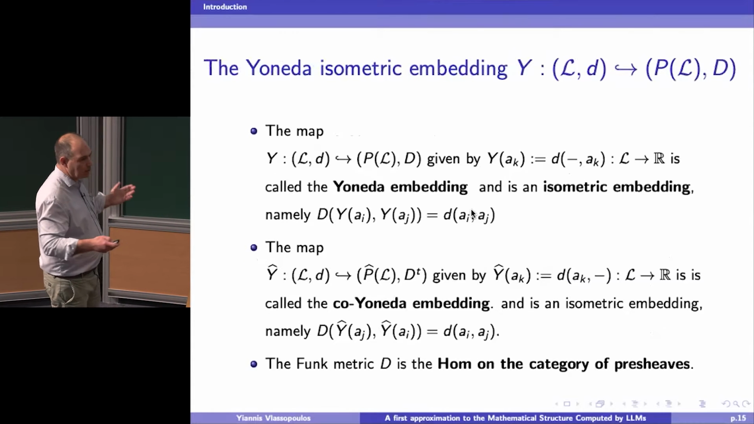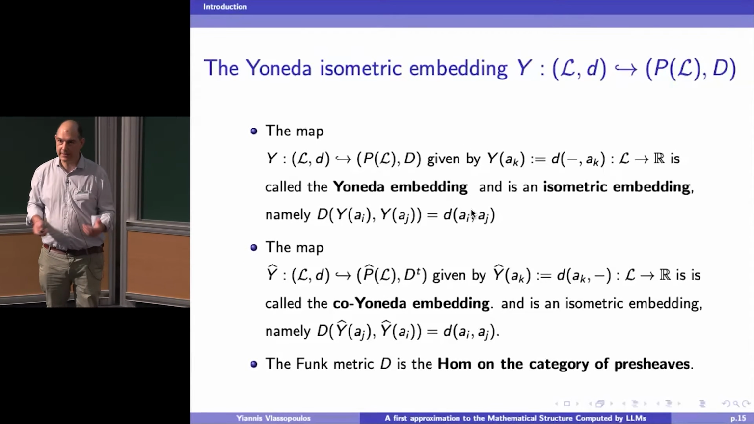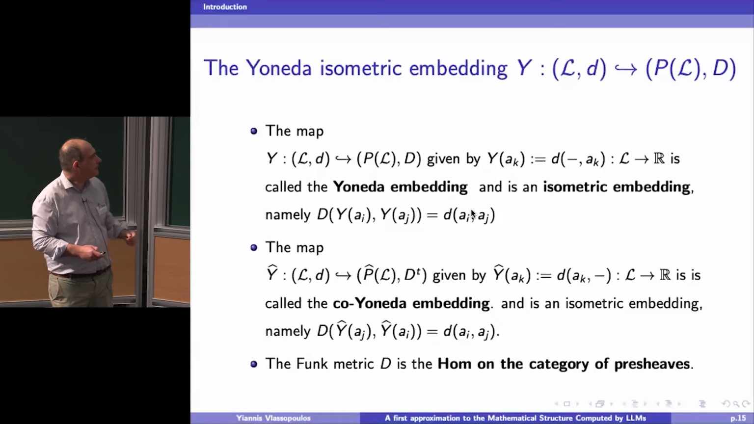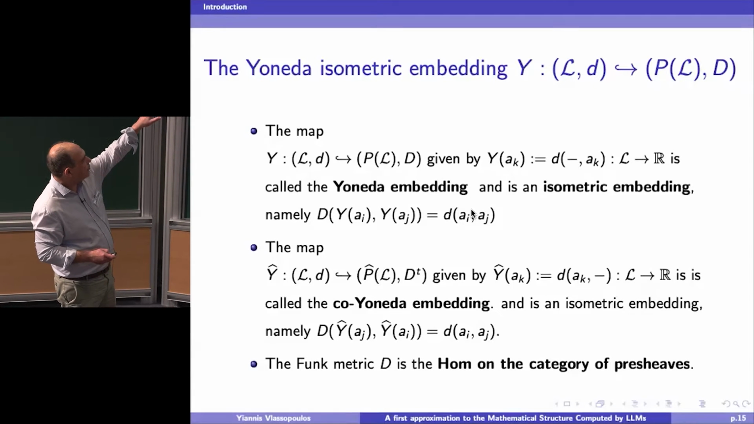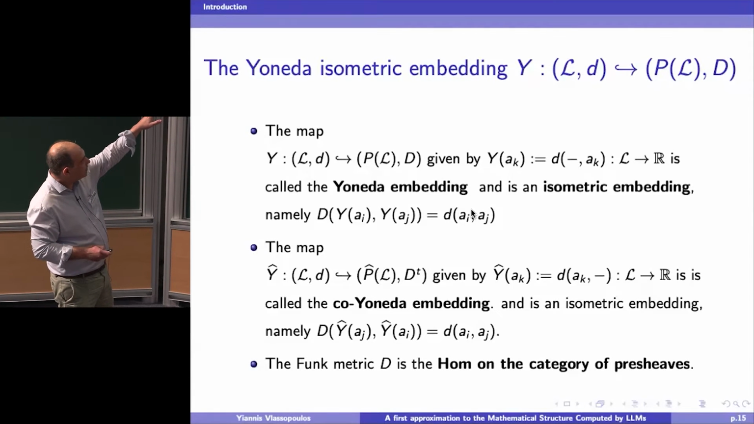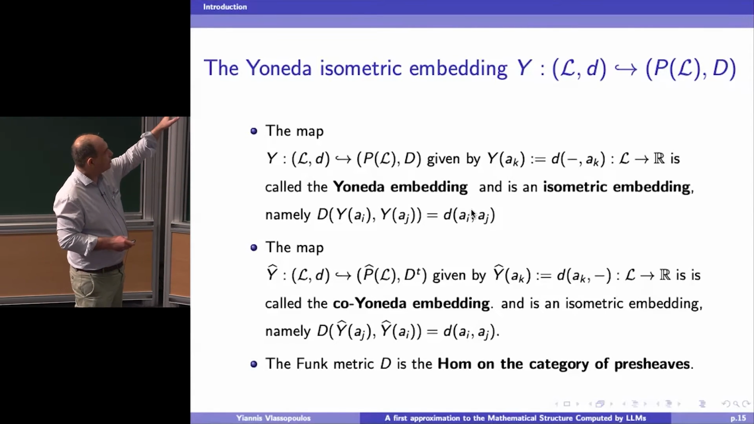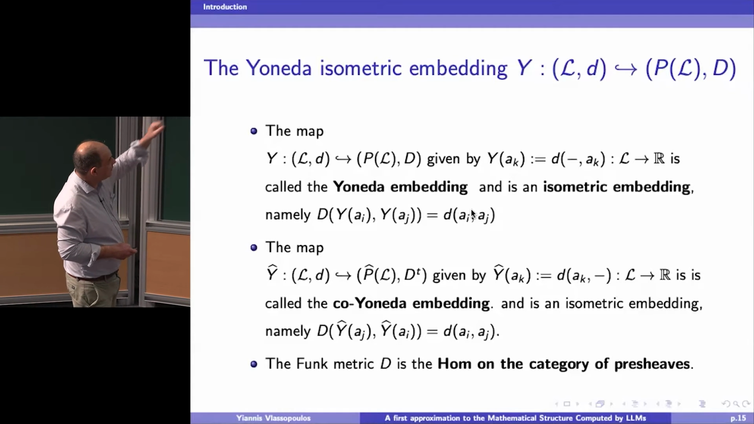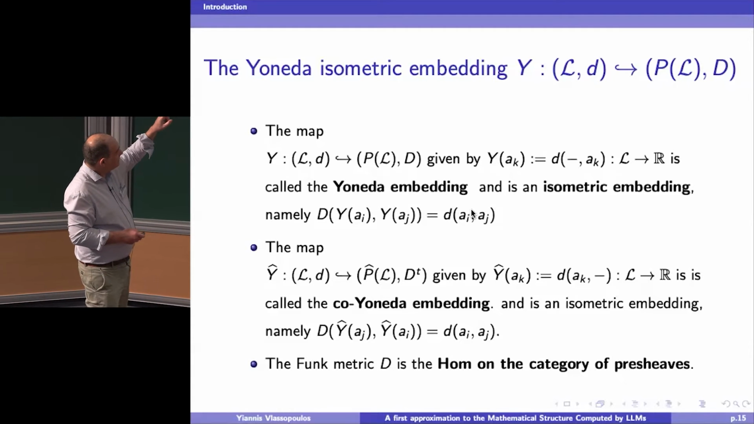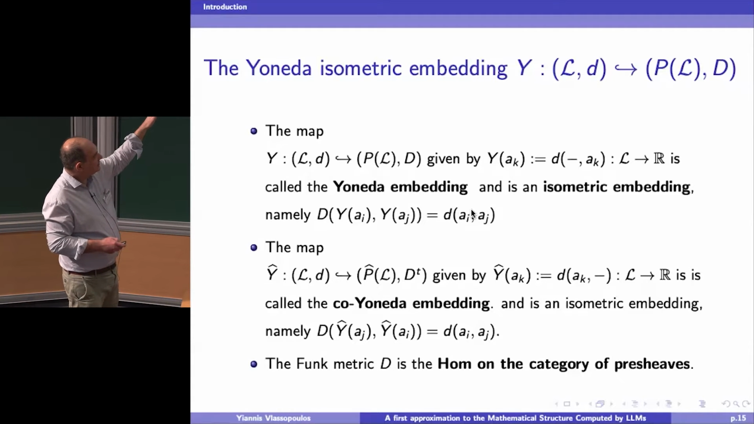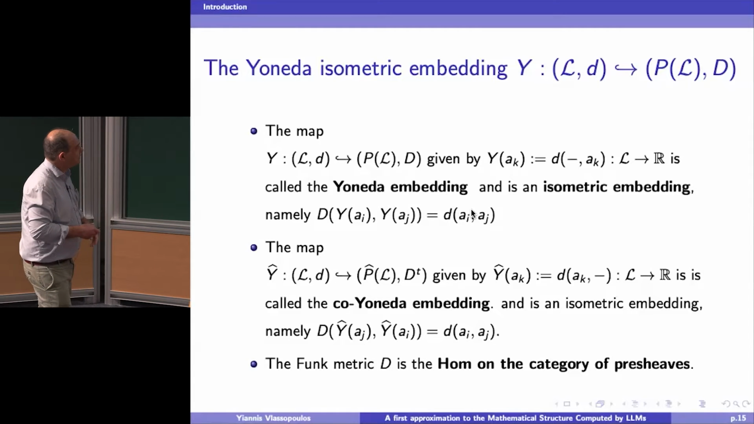Now the first thing you do when you have this story is the Yoneda embedding, because you can embed your initial category into this category of presheaves, or from a metric point of view, you can embed your finite metric space into this polyhedron. And the Yoneda embedding turns out to say that this is an isometric embedding, with respect to this